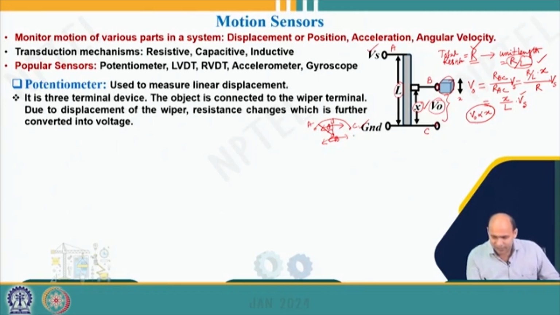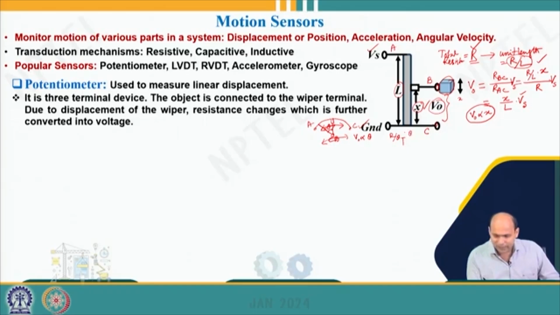And based on similar analogy, my output voltage will be proportional to theta. In the same way I can calculate: suppose the total arc angle is theta total and total resistance is R, so then per unit angle the resistance will be R by theta t, is not it? Then if I have some displacement theta, then R by theta t multiplied by theta,